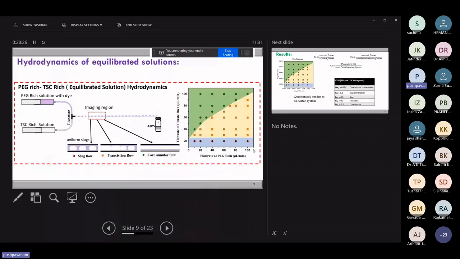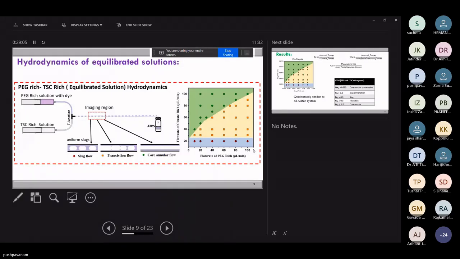What I'm doing here is pumping in the equilibrated solution. That is, what is the equilibrium composition when you are in a two-phase region. Those are the two ends of the tie line where it cuts the binodal curve. So I'm pumping in the PEG rich solution and the citrate rich solution. What I get here is basically slug flow, okay, which is basically what I want, because my system is now